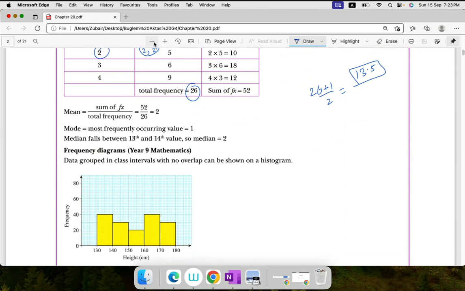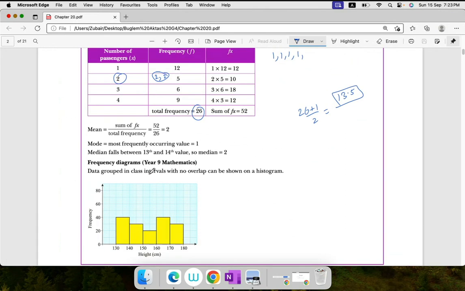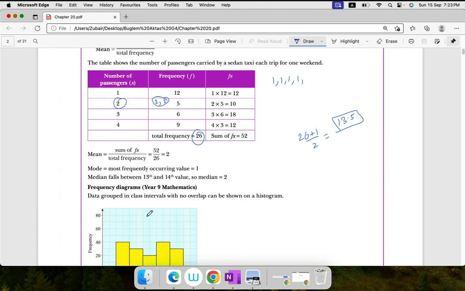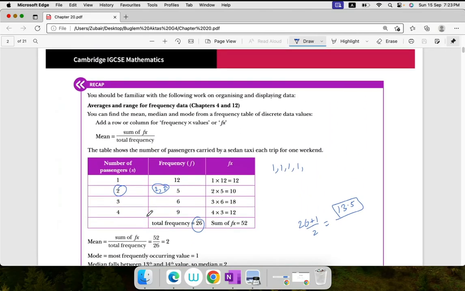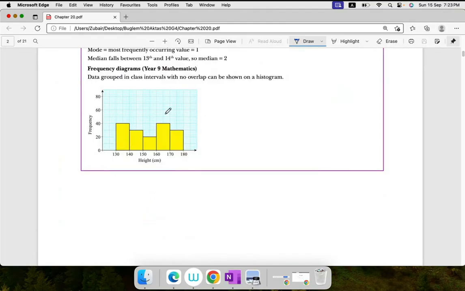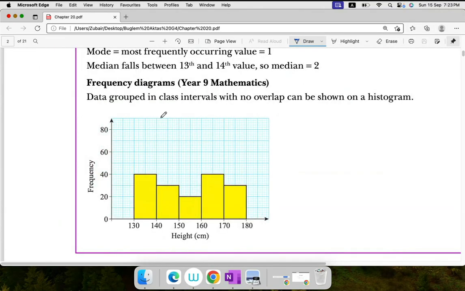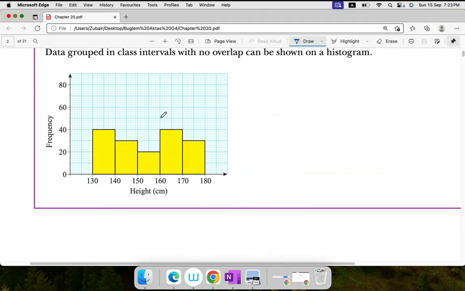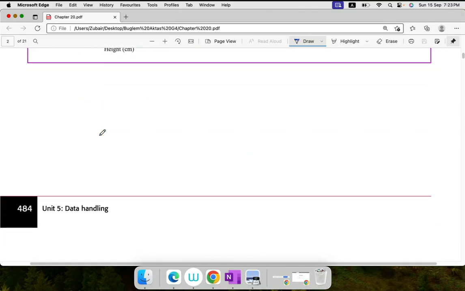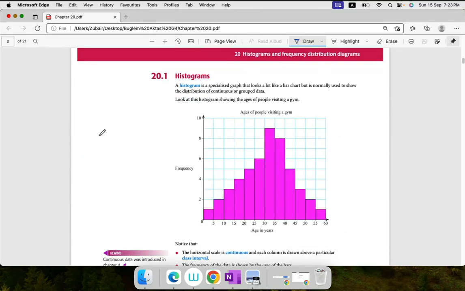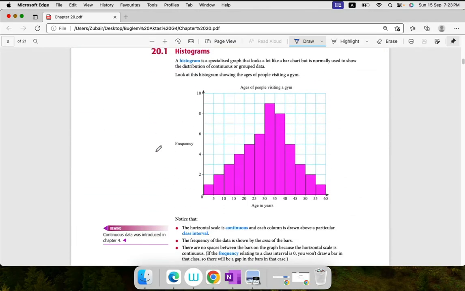And using the same data to draw a frequency histogram, or just an example, 130 to 140. Yeah, different example. So this is the histogram. We have the frequency, we have values on x. So that's class from 130 to 140, and the frequency is 40. 140 to 150, frequency is 30, and so on. Another histogram,